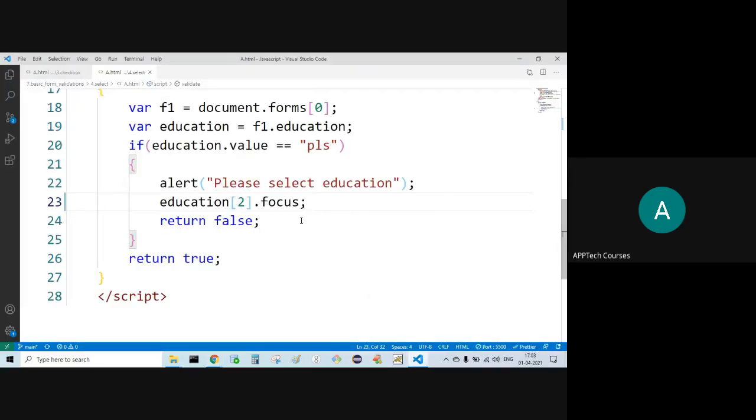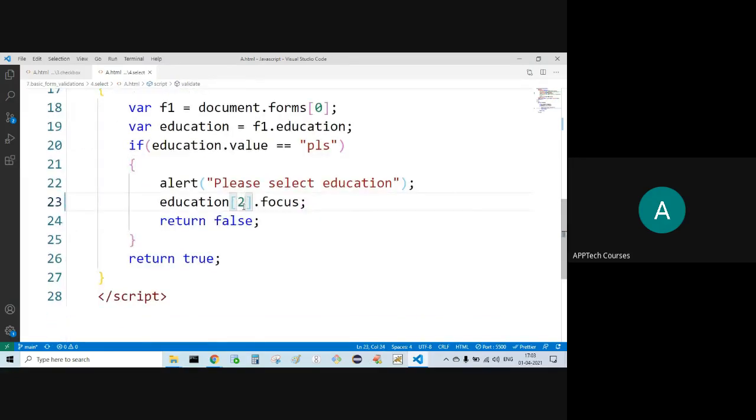See, my requirement is, if I click on this submit as of now, please select education. Now what I require is this must be changed. This should be changed to some other option. Where?